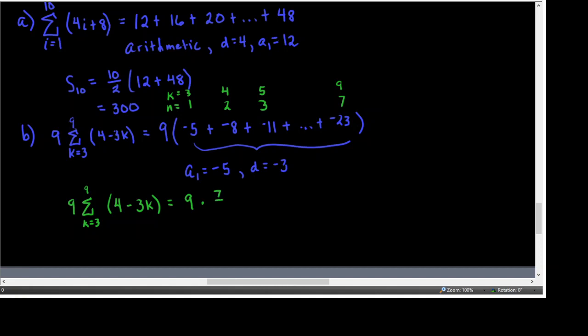That'll give us this sum of these 7 things. Not 9, because that K doesn't work because it didn't start with 1. We have to start with 1 to use this formula. So when we start N with 1, the N value is 7 for the last one. And that's multiplied by the first one, which is -5,